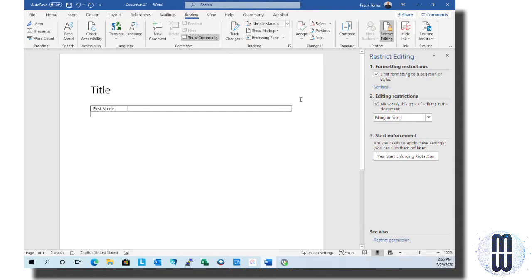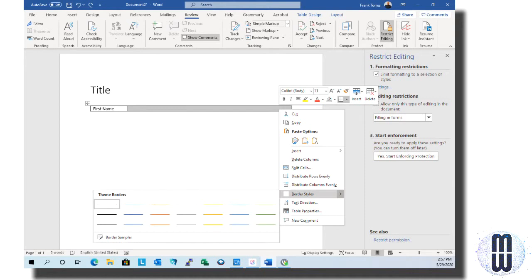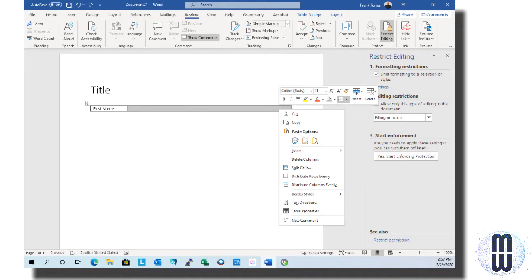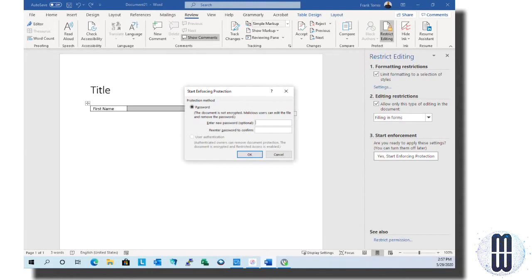And then, like I said, this one right here, I want them to be able to edit. So with this one, let me go through it really quick. Let me actually change a few things. I'm not gonna work with format right now. Let me just start the force into protection. So then that way,